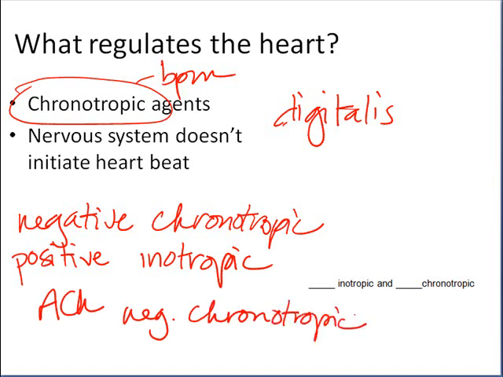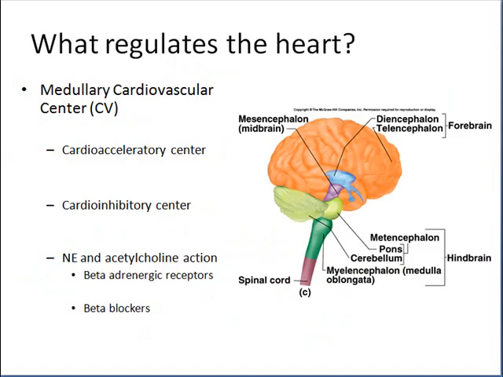Again, I want to remind you that the nervous system itself does not initiate the contraction of heart muscle tissue. It's the myogenic cells that do that. All the nervous system does is either up or down regulate the number of heartbeats per minute. And it does that based on information it receives from the cardiovascular control center of the brain, which is located in the medulla oblongata. You'll remember the medulla oblongata is right down here in the brain, and it contains the